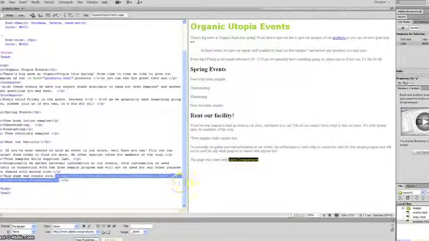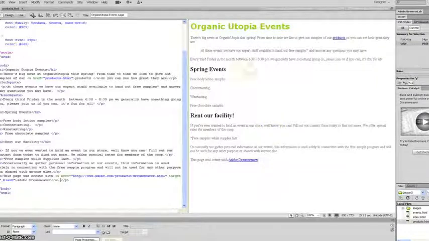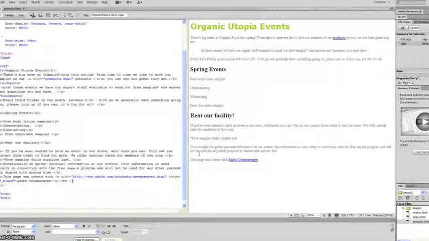The next type of link I want to show you is how to create an email address link. So I'm going to come back into the events page. Now notice when I just hit enter, it puts this blank line between this. If I don't want that blank line there, I'll hold the shift key down as I hit the enter key,